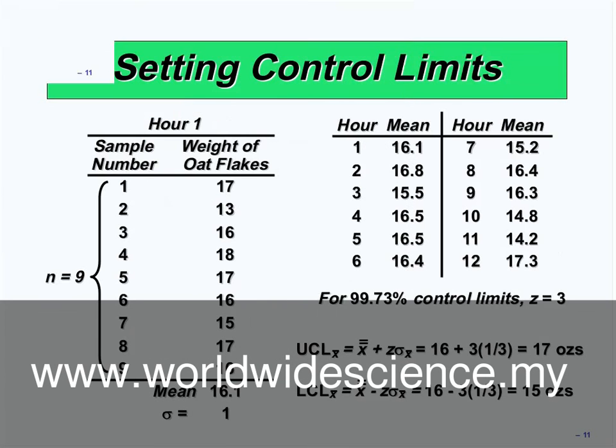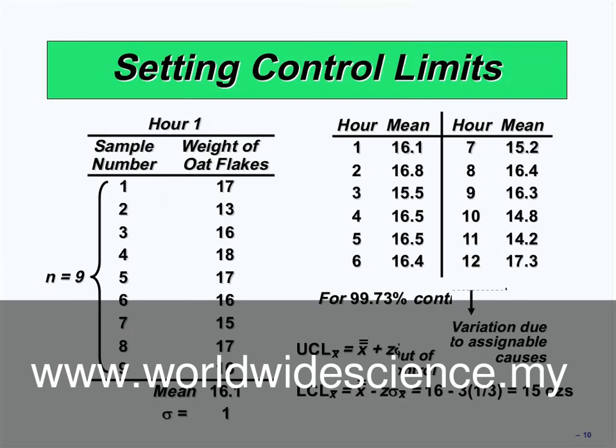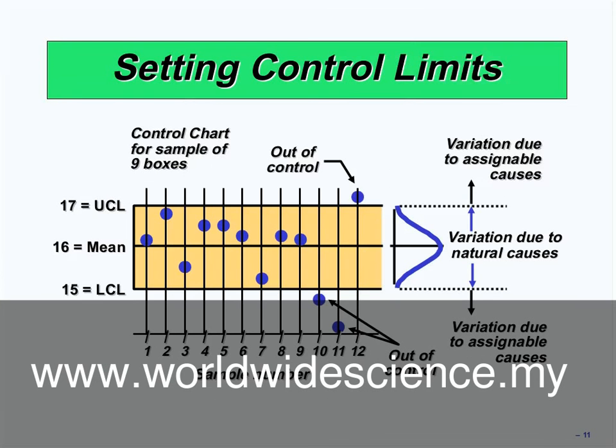Okay. We calculated the allowed limitation. Allowed limitations are the limitations that should be, very good, Mr. Elias. We have calculated the upper limitation and lower limitation, and all of the means should be between 15 and 17, because we calculated 15 and 17. Yes, Mr. Elias. If you see the chart, there are 3 points. Sample number 10, sample number 11, and sample number 12 are out of this limitation. So the process is not under control.